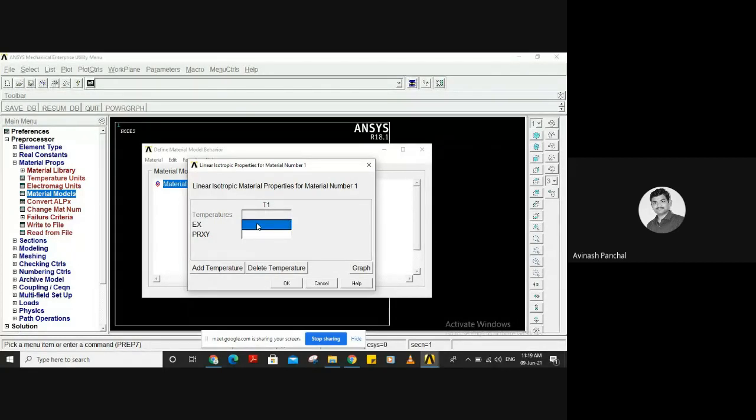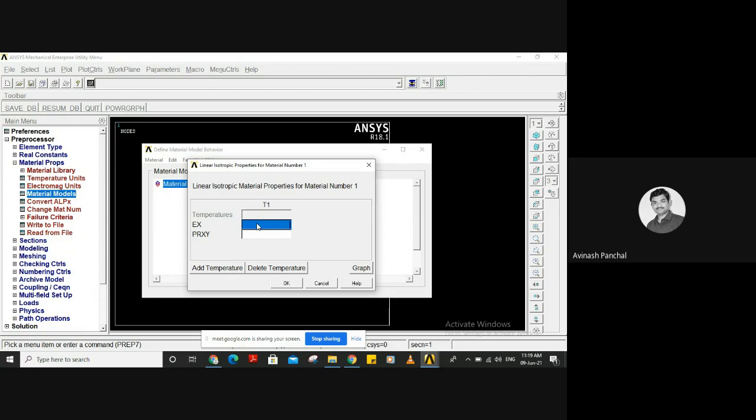We are going with it in Pascal, that is Newton per meter square. These units we are using, then we should keep them throughout. If I am using Newton per meter square, all the lengths should be in meter and all the loads should be in Newton. Then we also get the answers in terms of those units only.